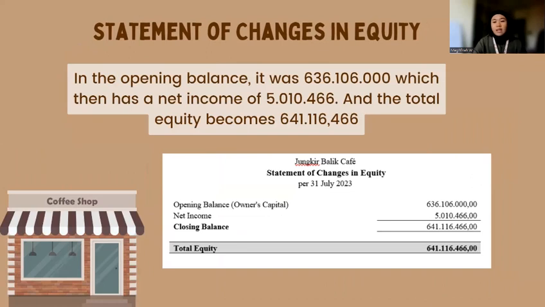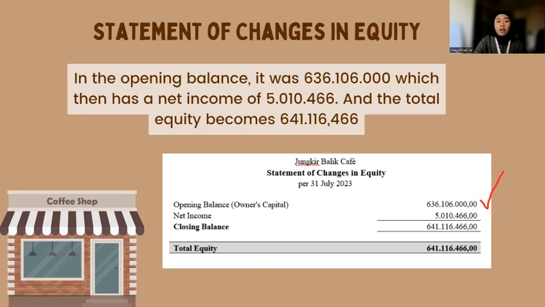So this is statement of change in equity. It details the company's equity change over a specific period. It offers insight into issued capital, retained earnings, and other reserves. Essentially, it captures how the equity portions of the balance sheet change over time due to business operation and other activities. As you can see, the opening balance representing the owner's capital at the beginning of our reporting period stood at this amount. And then this is